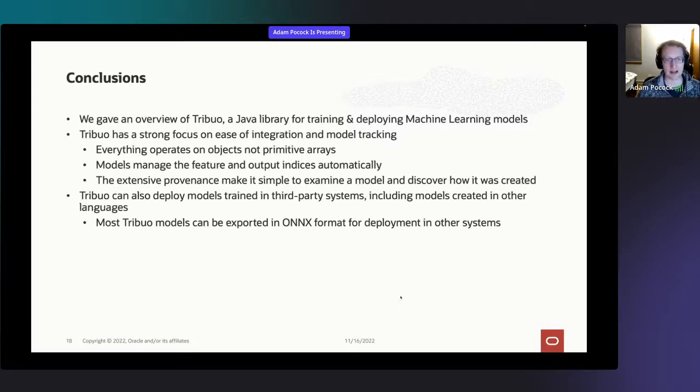And the models manage the mapping from the objects to the primitive arrays automatically. The extensive provenance information that we capture makes it really easy to examine a model and figure out what it is, where it came from, why it's behaving that way. And we can also use Tribuo to deploy models trained in external systems, including models trained in other languages, and you can then export those Tribuo models in ONNX format if you want to for deployment in other systems.